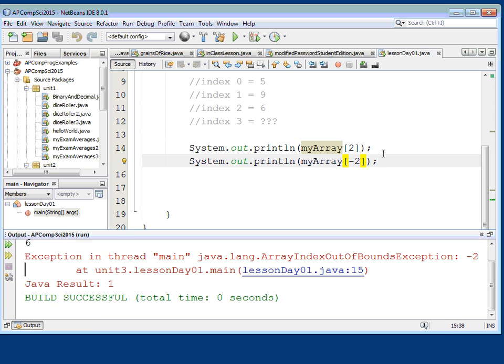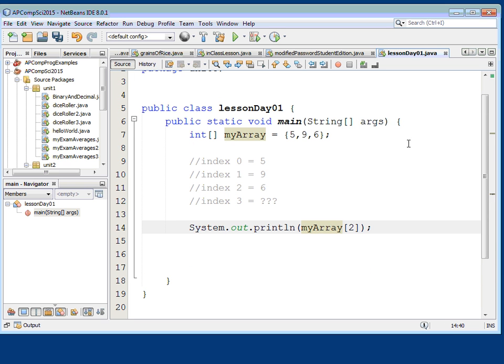Let me show you one more thing here too, because if I were to go through, and let's say I want to print this array. This is a common mistake people make also. I want to print this array. So actually, here's what I'm going to do. I'm going to create a for loop, just like we've talked about all along, to print this array. And I'm going to go I is less than my array dot length, because my array dot length knows how long it is. It says it's 3. It has 3 items in it. I++,